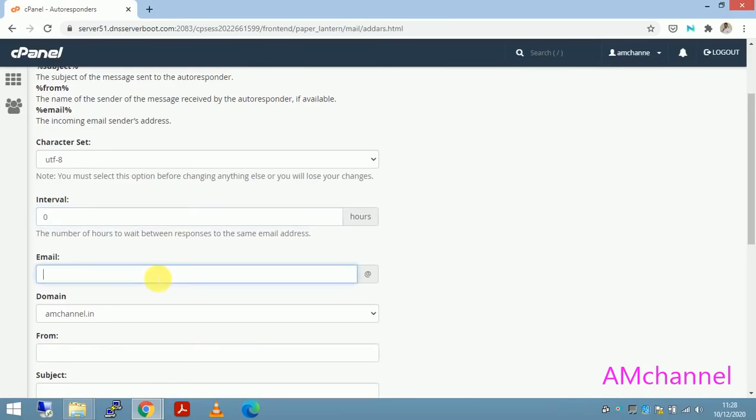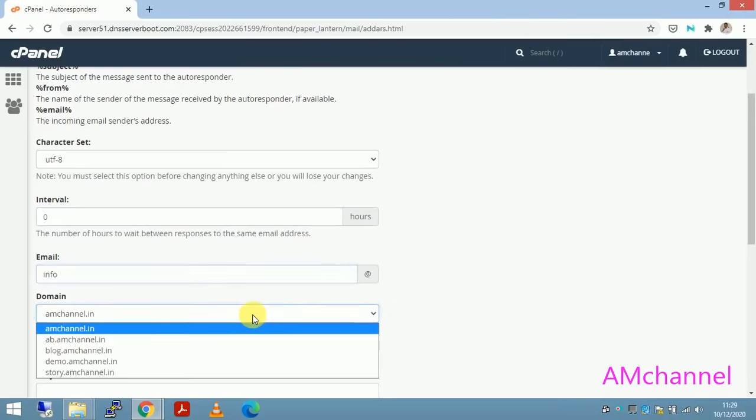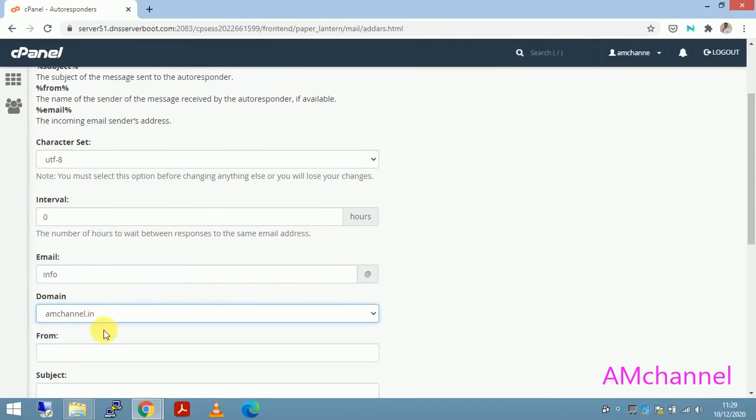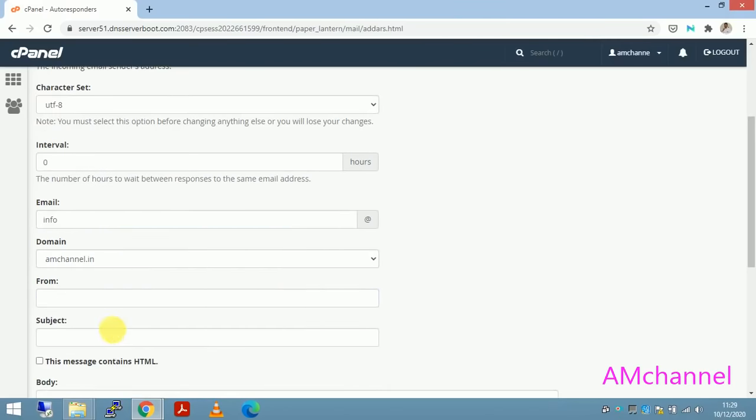Now in the email section, this email will be used for sending the email to the sender's email address. I will add my info@amchannel.in, and select the proper domain from the drop-down box. Now here you have to add a name so that the name will be shown in the inbox of the sender's email.